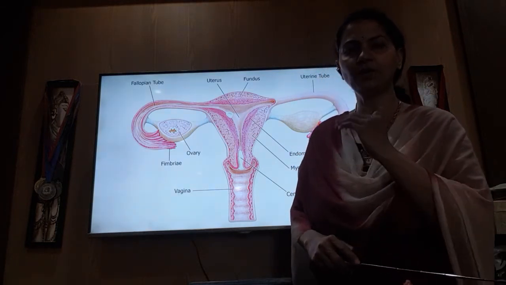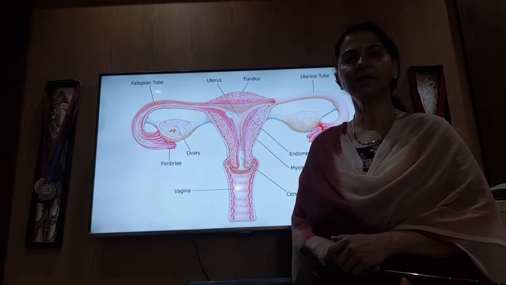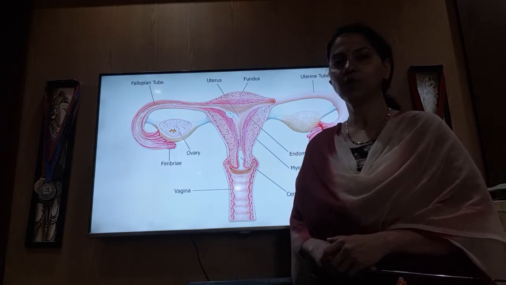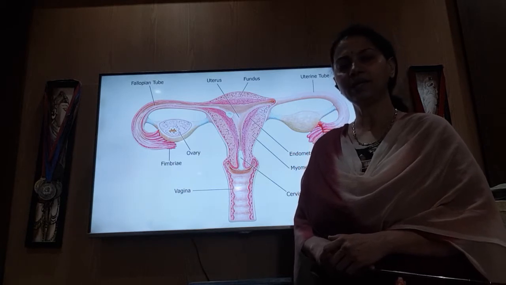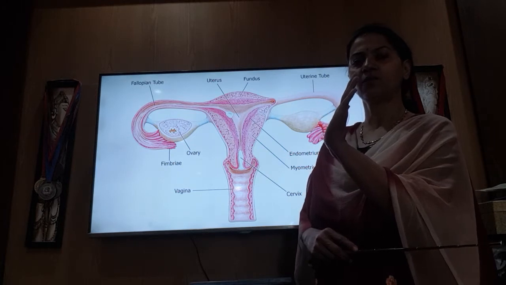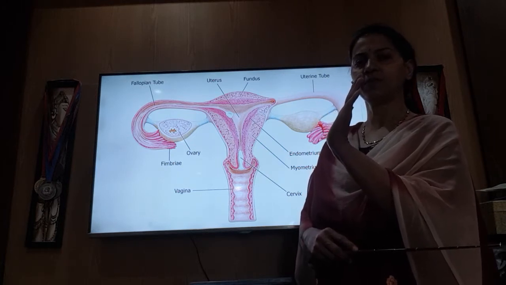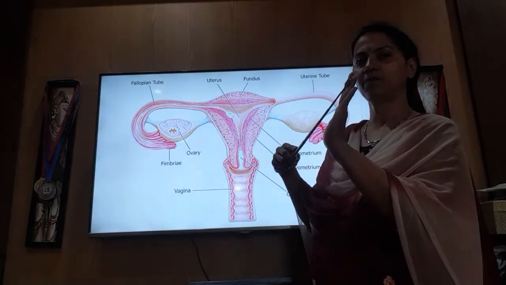The anterior wall is 8 cm long, while the posterior one is 10 cm long. So the posterior vaginal wall is longer compared to the anterior. That is why this is the axis of the vagina. The anterior wall will be smaller, and